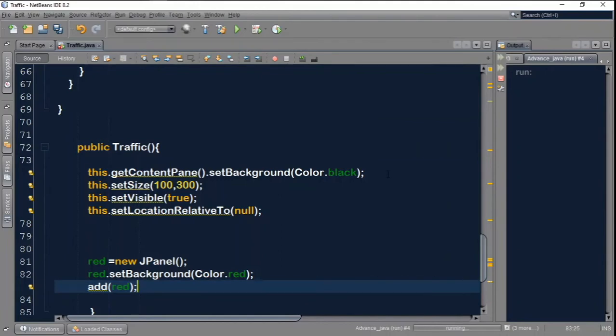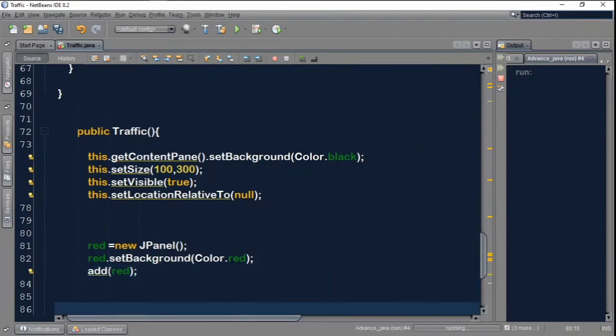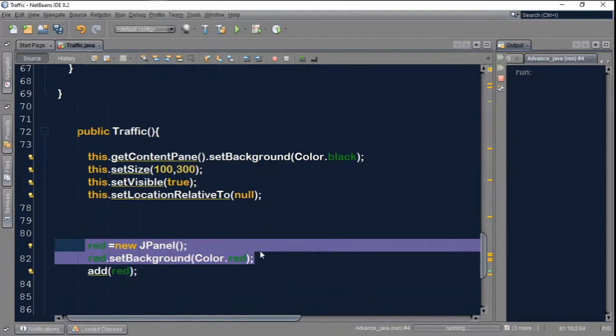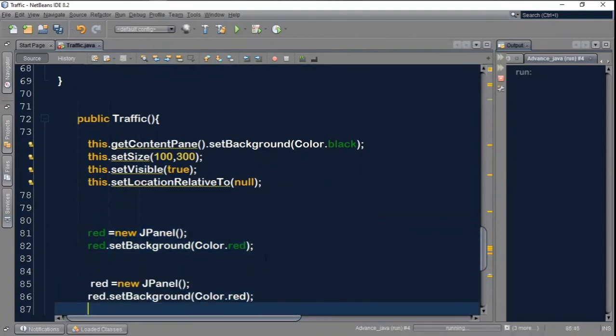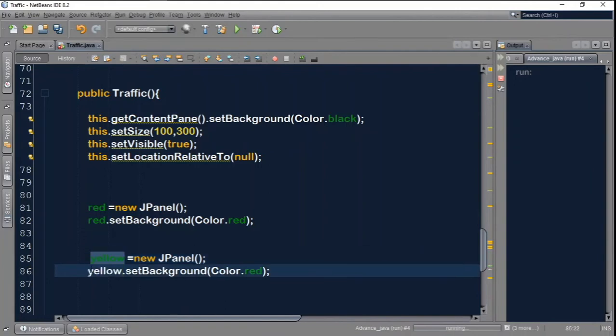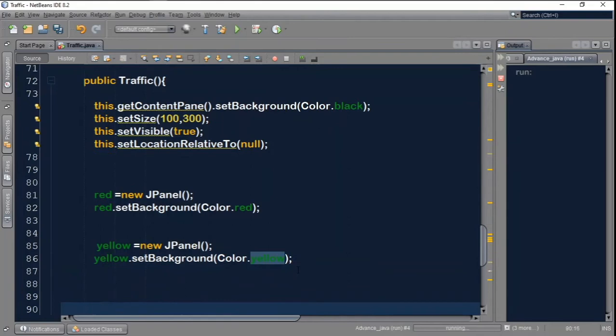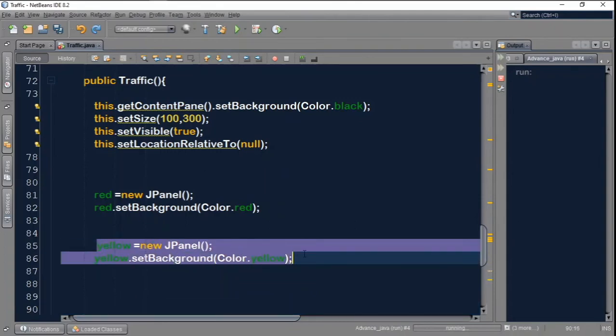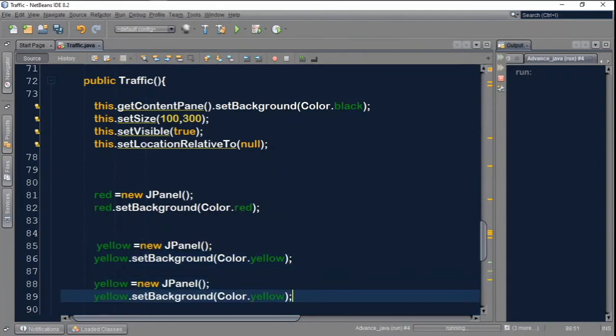Now I'm going to also come and define the yellow. I'm just going to copy this guy out, paste it right here, and I'm going to say this guy should be yellow. Copy this, paste it here, and then here. Then I'm now going to define the green. Sorry about that. Just copy this all the way from here, and then green. Now, having got that,